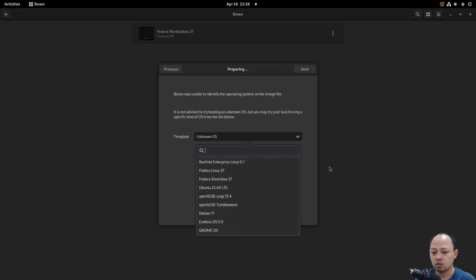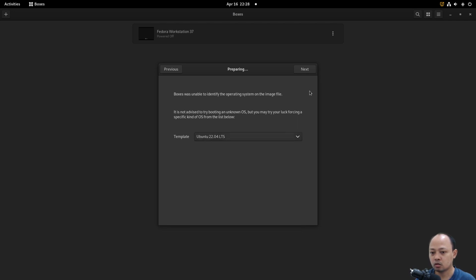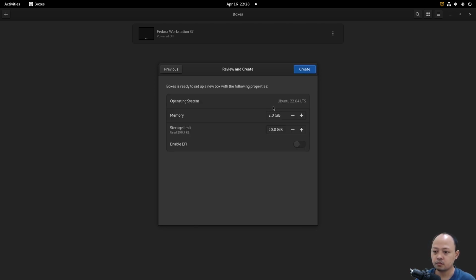So I will choose the Ubuntu 22.04 LTS, and then next, for the memory I will give 4 GB, and for the storage limit I will give 40 GB, and then click create.